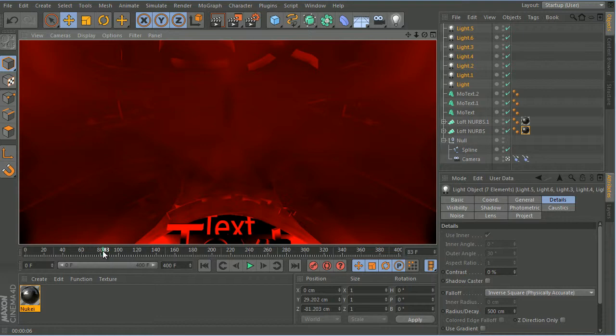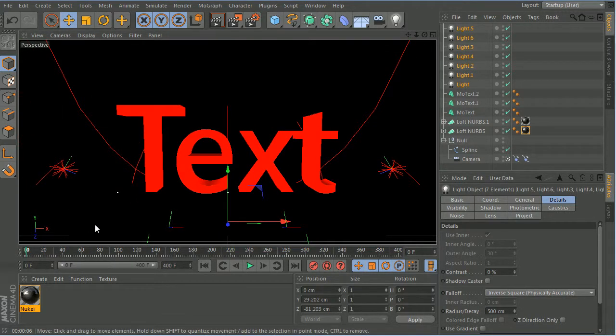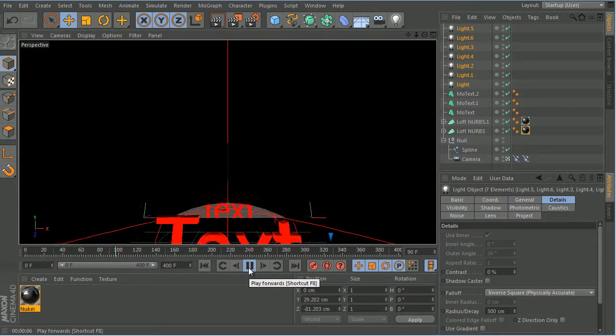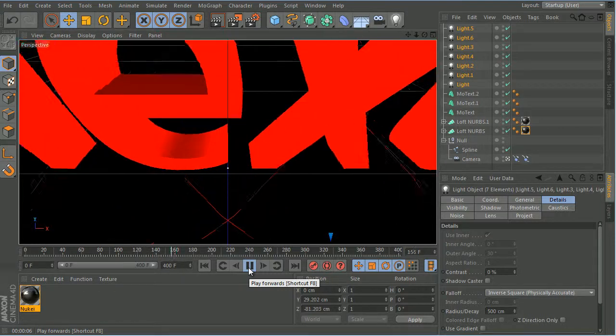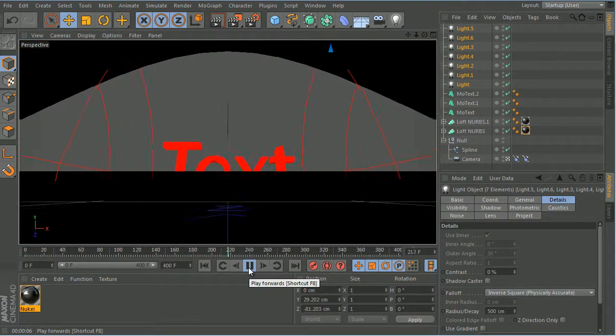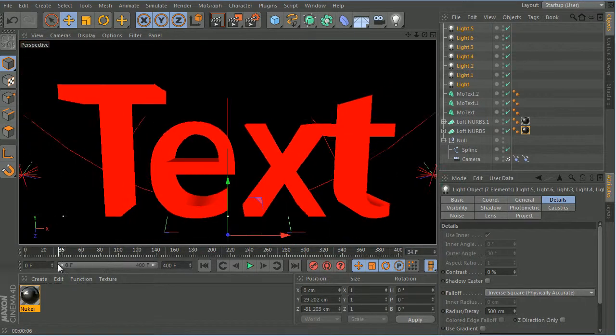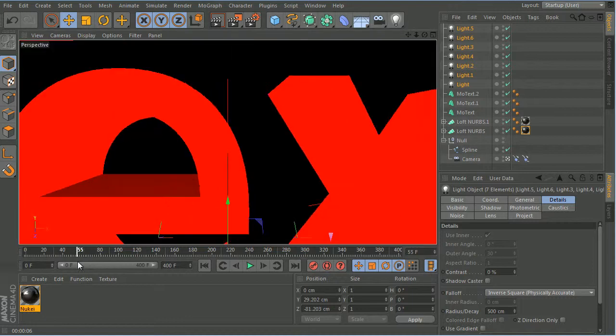Okay, now let's go back to the start. Now the fine tuning of the camera. If we play through this, you'll see it will go through certain bits of text. Now we don't want that, do we? We don't want that at all. So let's fine tune the text. What I do for this,